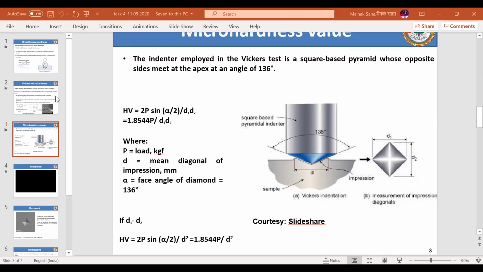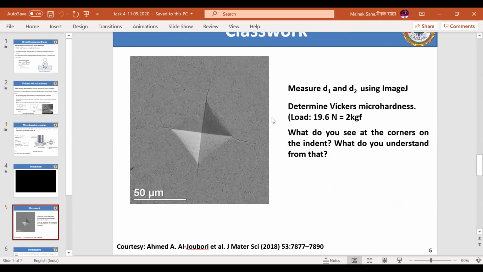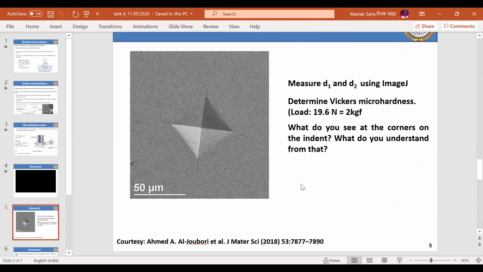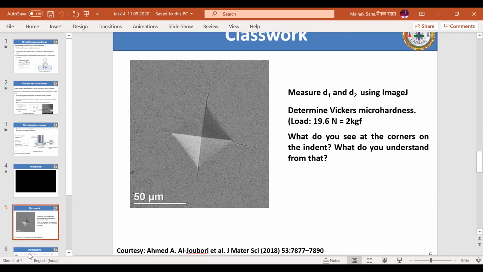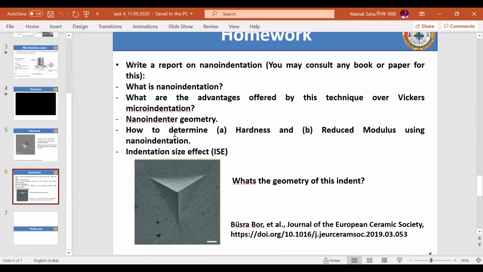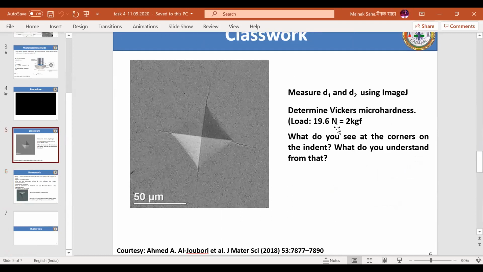Okay, fine. So now you have some idea of what a slip line, Brinell microhardness, and Vickers microhardness are. I think it's too late for doing a class work, so I will put this as your homework. The next slide, you don't have to worry about it. I will maybe give you this later as some food for thought. But I want to get this done today.